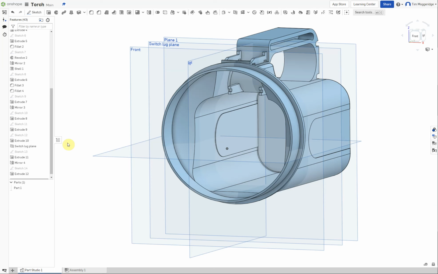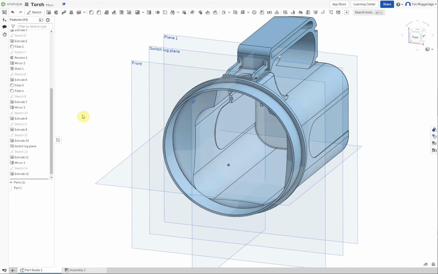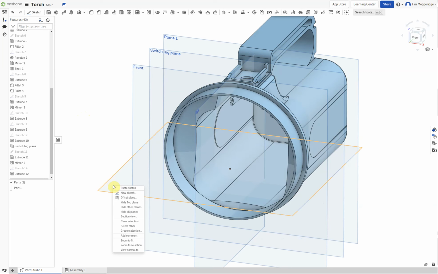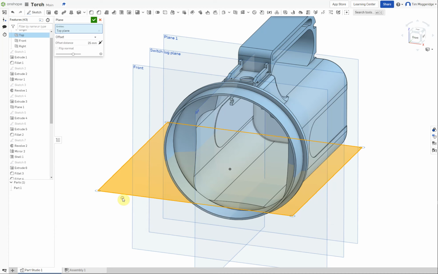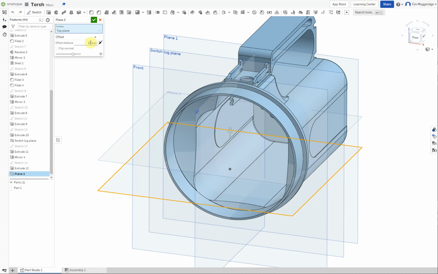In this video we're going to add the thread onto the body of the torch. So again, this time we're going to create a new work plane, and this time it's going to be offset from the top work plane. So I'm just going to right click on the top work plane and select offset plane, and I'm going to change that distance to 10 millimeters,